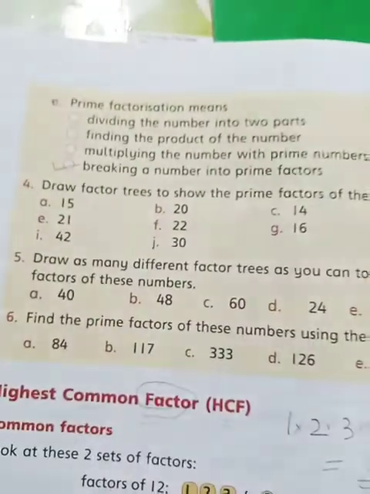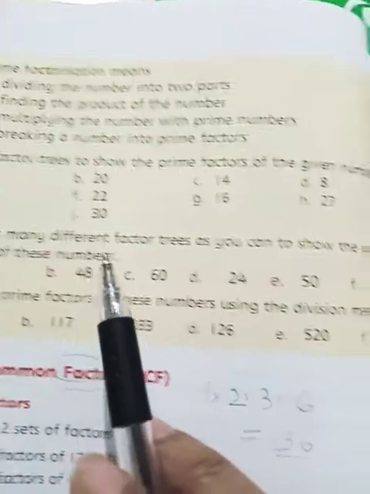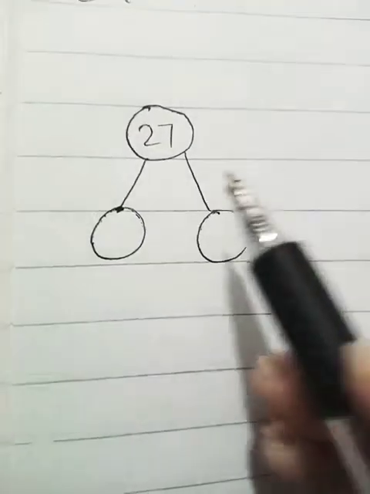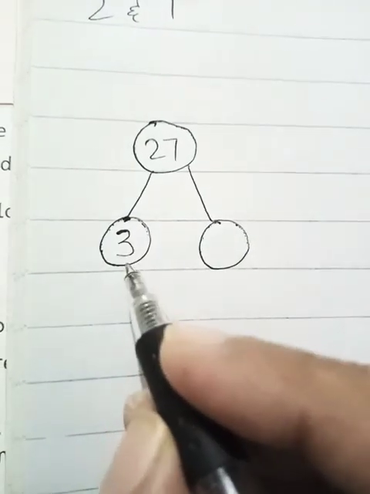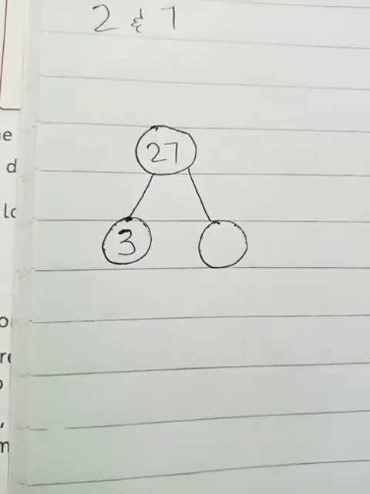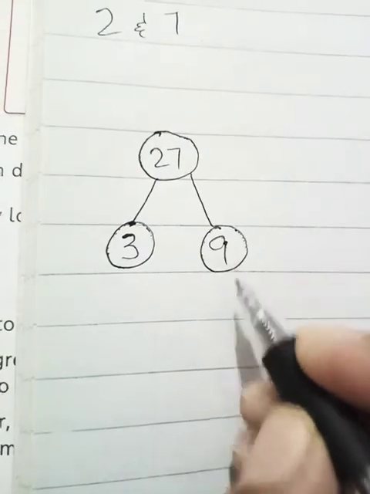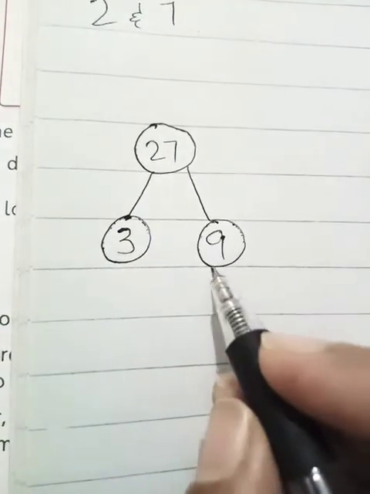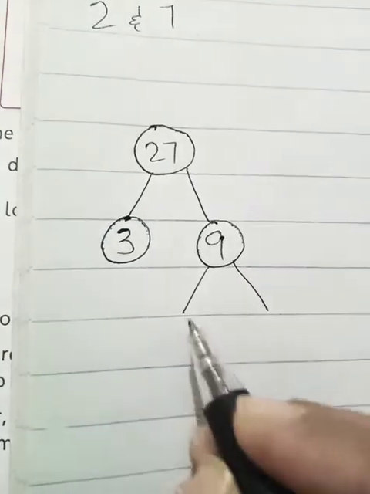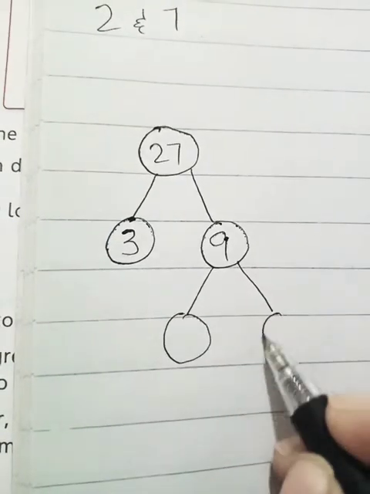Okay. Let's do one more part, that is part number H, 27. 27 is an even number or odd number? This is an odd number. So we will start dividing with 3. Say the table of 3 till you get 27. Yes, 3 9s are 27. Now 9 is here. 3 is a prime number, but 9 is a composite number. So we will further divide it into two factors.